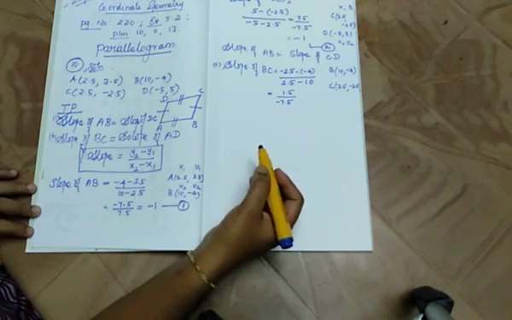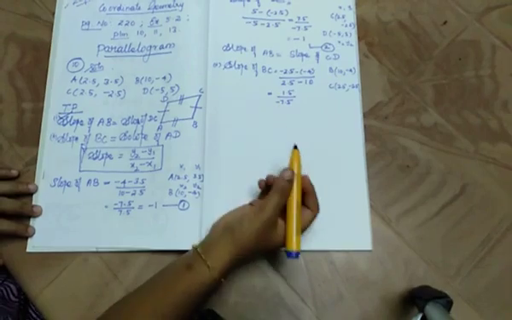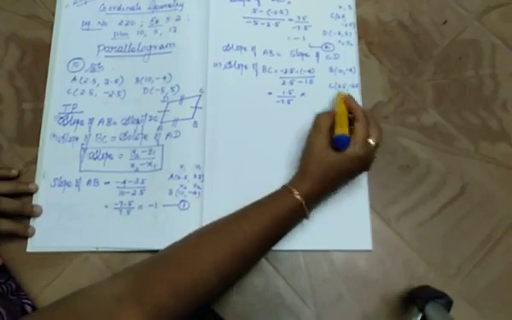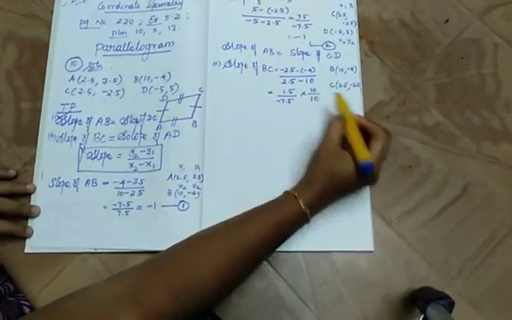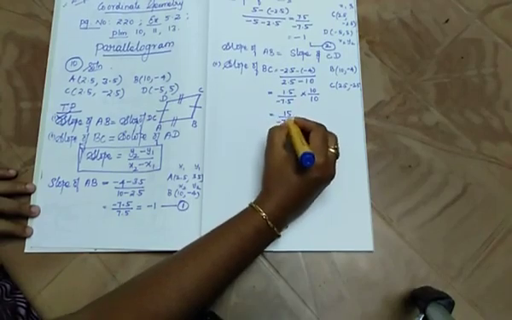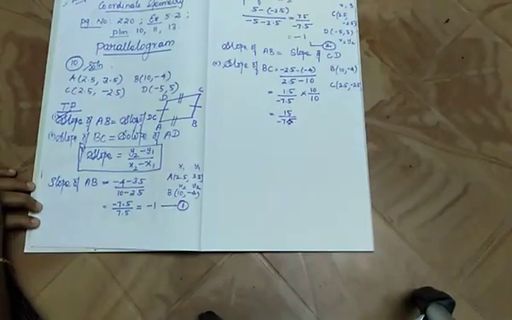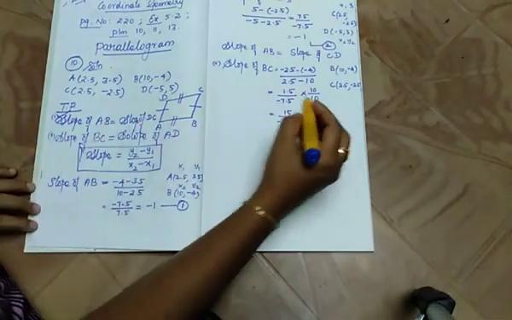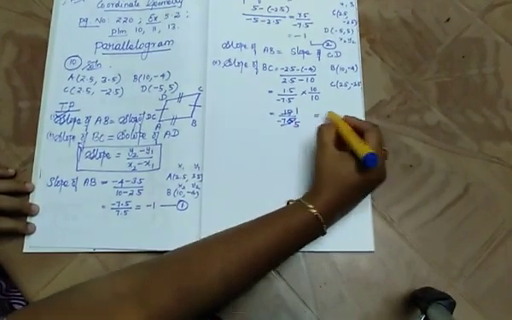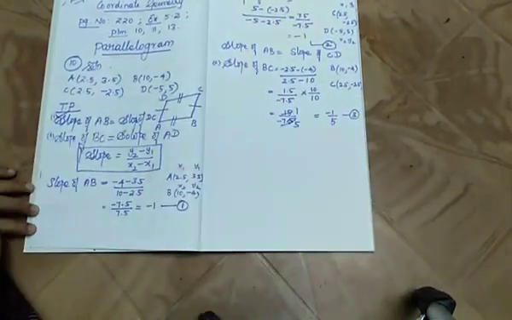Now if you can cancel, we can cancel it. As it is in decimal, convert it into a normal number. So multiply it by 10, so what we will get? 15 divided by minus 75. Now cancel it. 1 15 is 15, 5 15s are 75. So minus 1 by 5. Let it be the third equation.